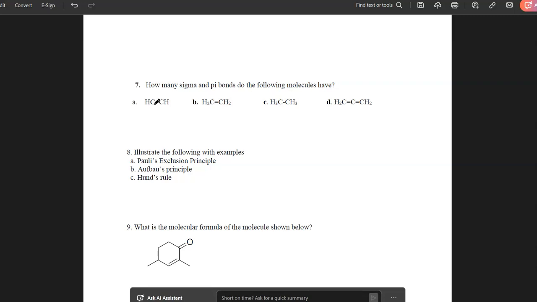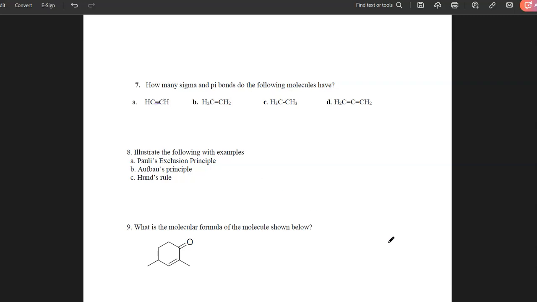Now finally, we are looking at question number 7. For question 8, I would suggest that you look into the textbook for the answers. Question 7 is asking how many sigma and pi bonds there are. Remember that if you have a triple bond, you have 1 sigma and 2 pi. You can say this one has 1 sigma and 2 pi. This one is a double bond, so it has to have